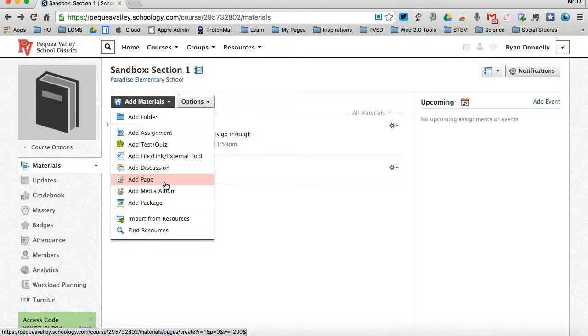You can add a media album where it has a select set of pictures that you've determined you need to share with students to create a movie or a photo album, an infographic, a poster, something like that. And last but not least, you can upload a package which is similar to a file but will be a series of files instead. So those are some of the materials that you can add in Schoology to connect with your students or connect them to outside resources. This is just the jumping off platform of what you can do to start engaging your students inside of